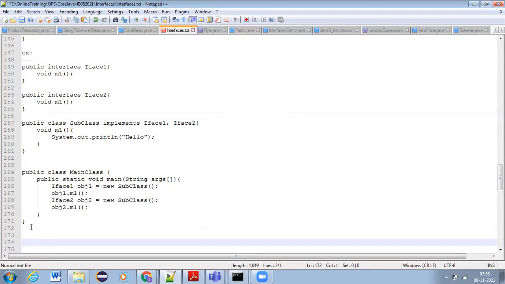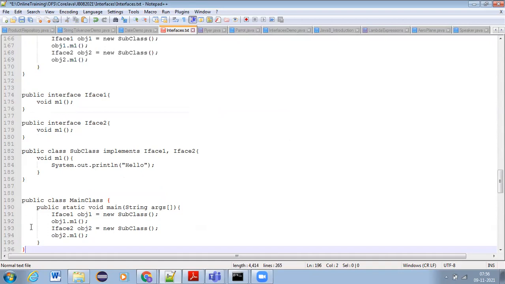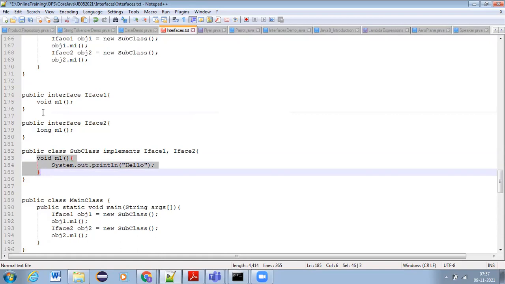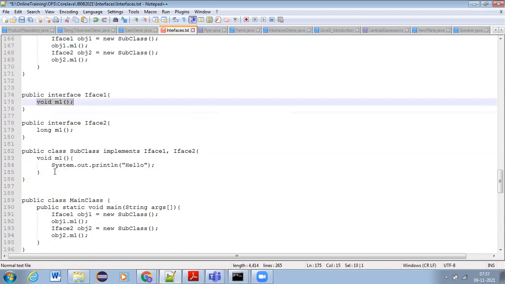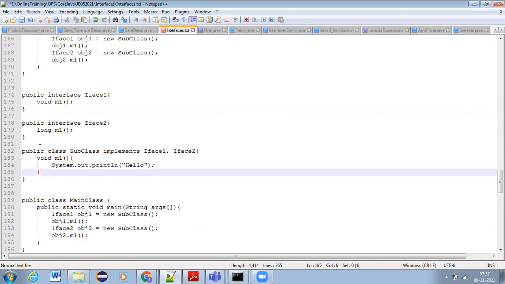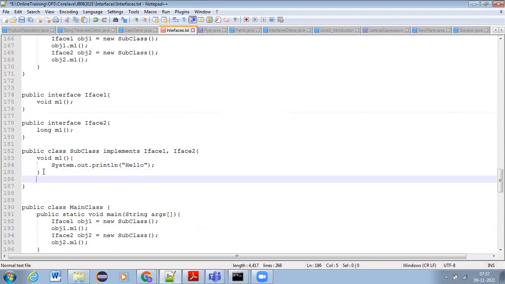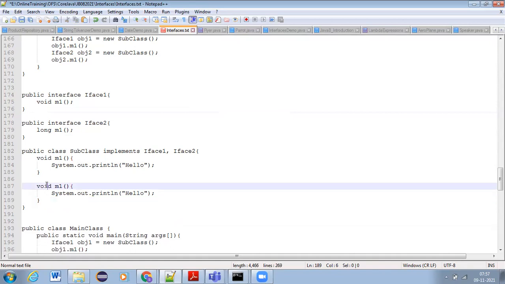Okay guys, a very important point you need to remember. Now in case I have void m1 in interface 1 and here I have long m1. Now here how should I override? If I write void m1, then interface 1 is overridden, and as in interface 2 I have long m1, only one implementation does not suffice, we need to write like this also.